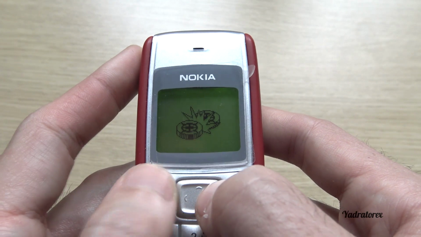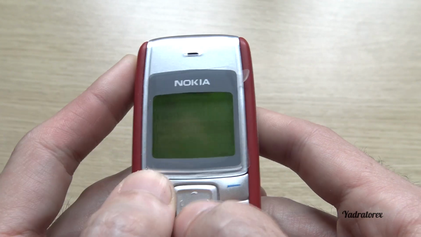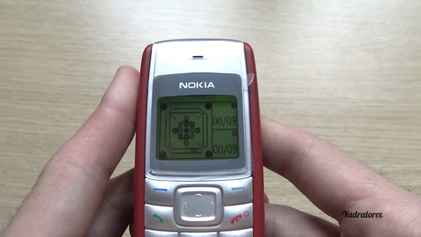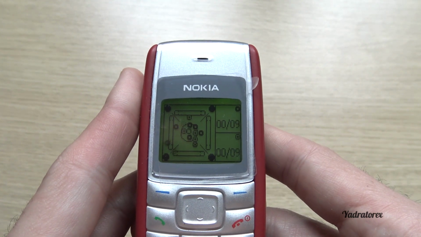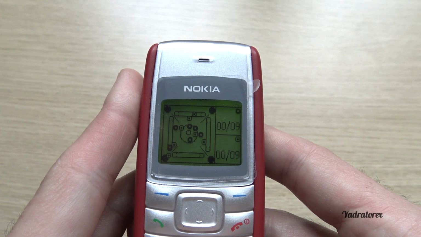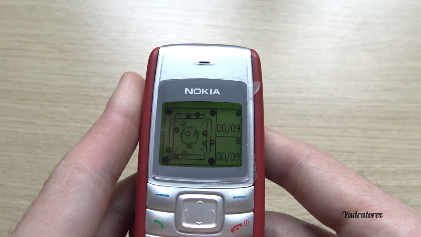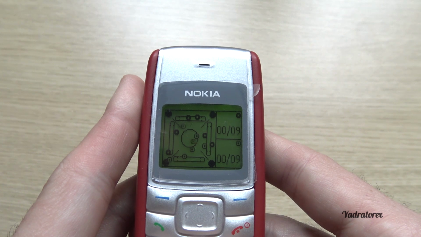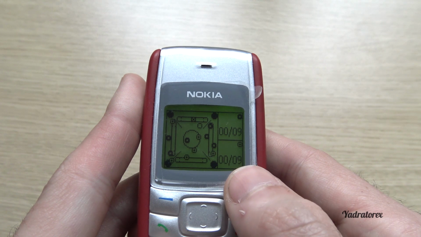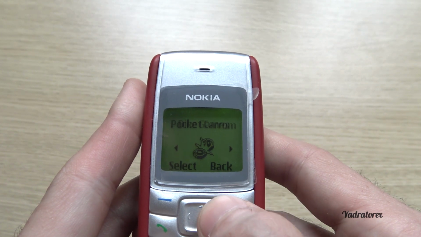Pocket Carom. I don't know about that game. Okay, that was my example from that game.